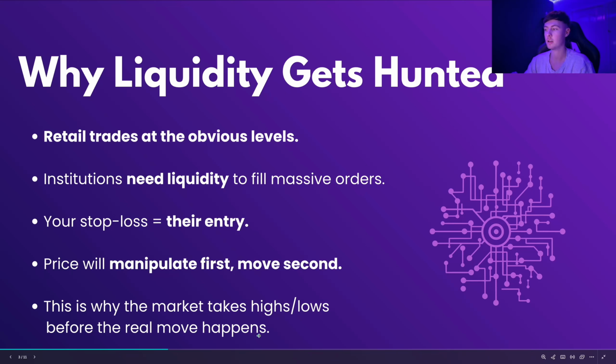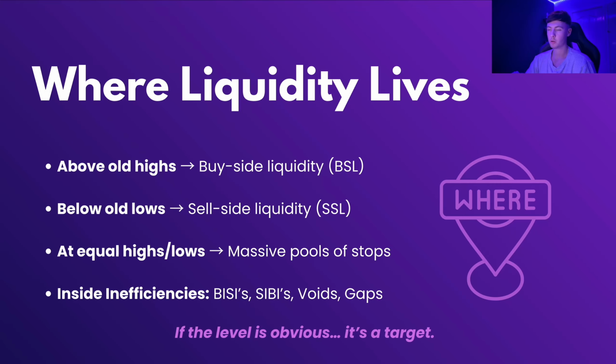They need large pools, large sums of money to counteract their positions, because those who are in the know, the institutions, smart money, aren't entering with just one, two, three, even 10 minis. These guys are entering with hundreds, thousands of minis. Okay, so now we understand why liquidity gets hunted.